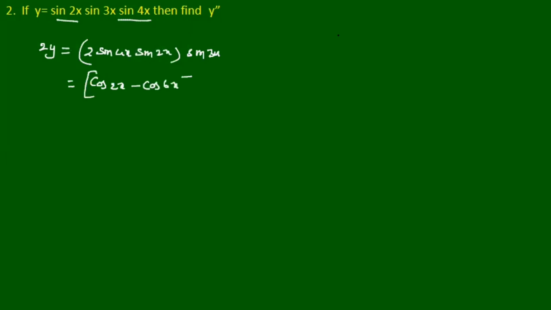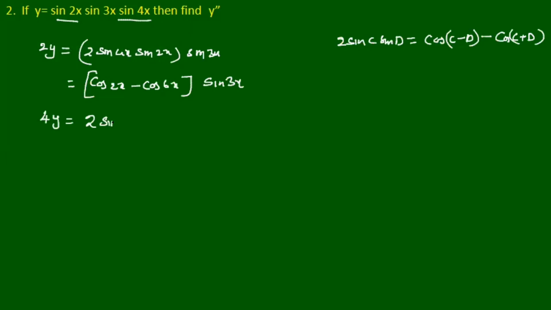2 sin C sin D is equal to cos of C minus D minus cos of C plus D. Here C is equal to 4x, D is equal to 2x. 4x minus 2x is 2x, 4x plus 2x is 6x, into sin 3x. So again multiply with the 2, 4y is equal to 2 sin 3x into cos 2x, again minus 2 sin 3x